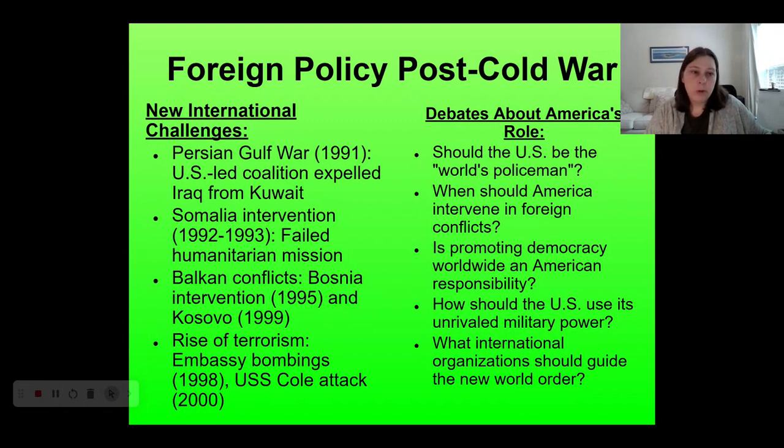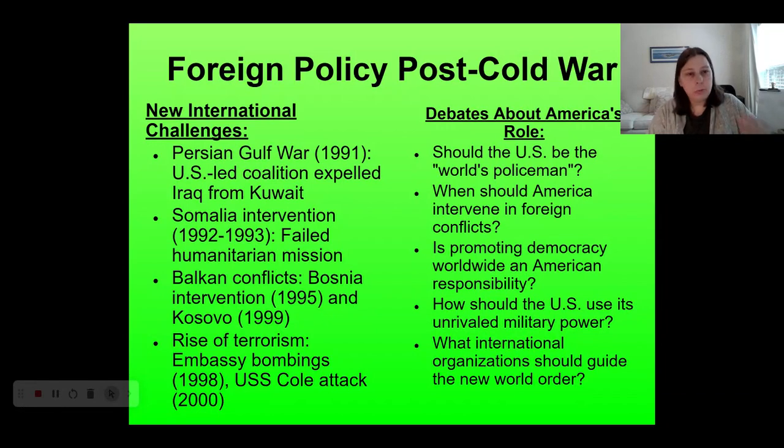And most significantly, what this involves is the United States forming a coalition, not just with NATO, who we're very familiar with and have been allies with for a long time, France, Great Britain, Italy, those familiar countries, but for the first time, allying with several other Middle Eastern countries that aren't Israel, Saudi Arabia being the most notable, but Egypt as well, in an effort to stop the country of Iraq under the leadership of Saddam Hussein from invading its neighboring country, the small, very oil-rich country of Kuwait. So the Persian Gulf War is a short, glorious and successful war for the United States, at least on the surface, but it definitely marks a shift of United States foreign policy into this new post-Cold War era.